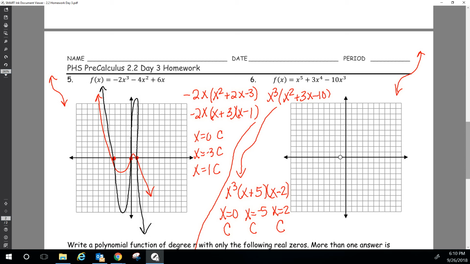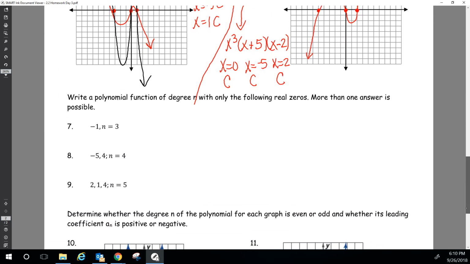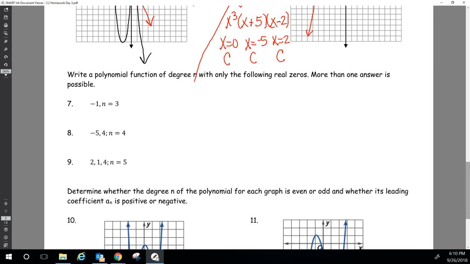So here we are at 1, 2, 3, 4, 5, negative 5's out here, 0, and 2. Start low, end high. So starting low, going to cross, cross, cross. And we end up high. Looks good. All right, for 7, 8, and 9, this time they're going to tell me